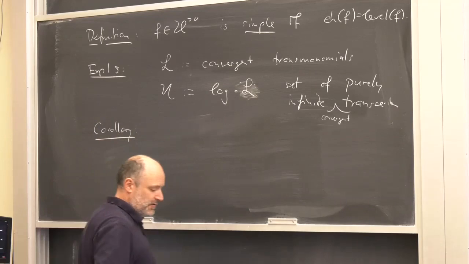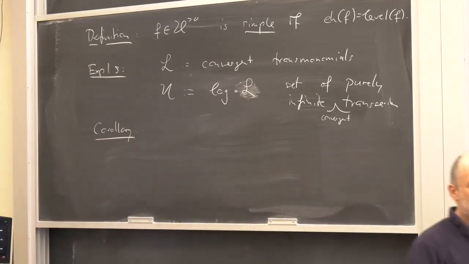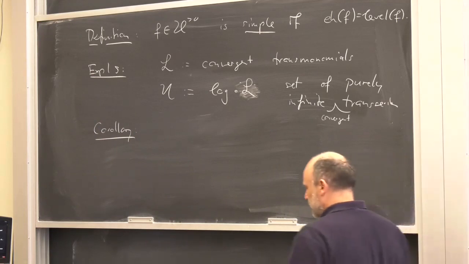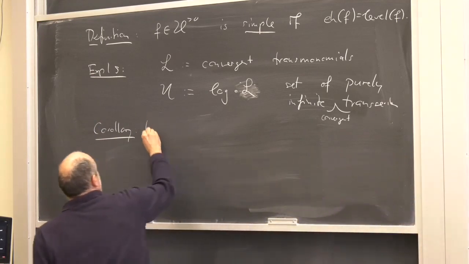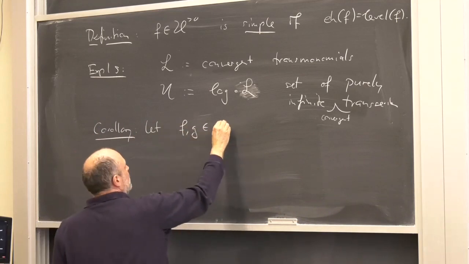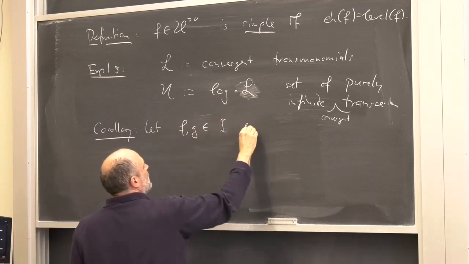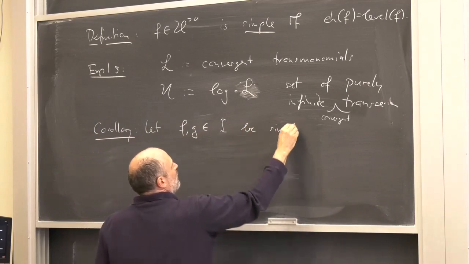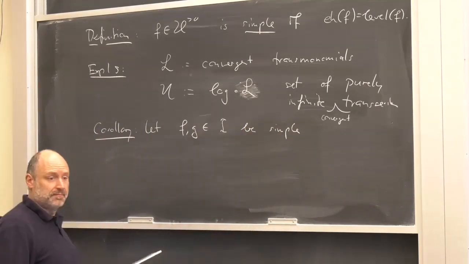It's the continuation theorem, and its converse or partial converse that I mentioned last time. So if you have two simple germs that are infinitely increasing, which means I can compose them,